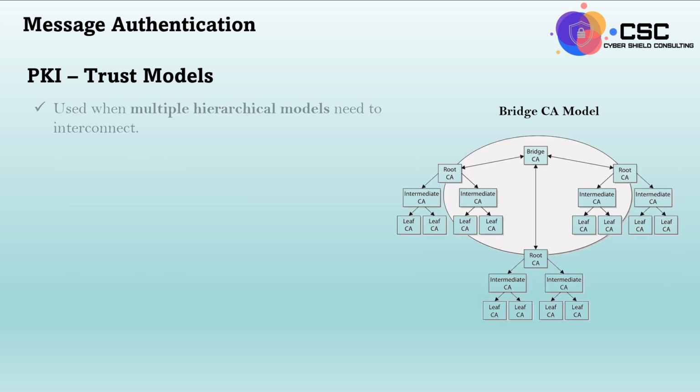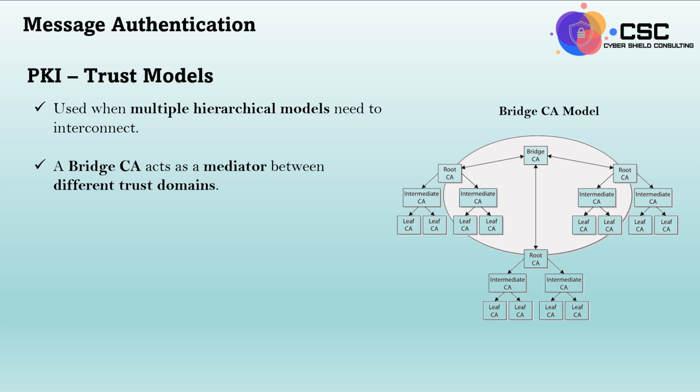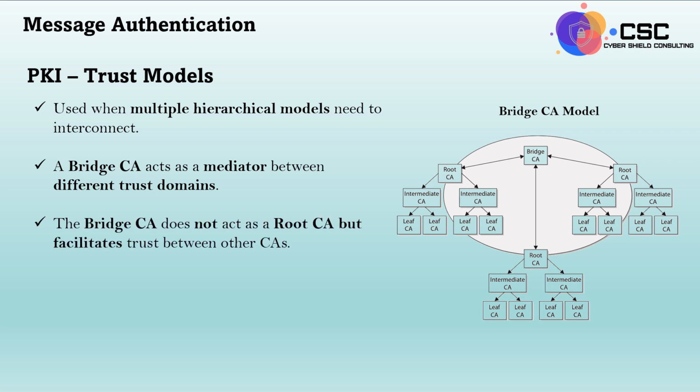To solve the challenge of interconnecting multiple trust domains, organizations use the Bridge Certificate Authority model. Here, a bridge CA acts as a mediator between separate public key infrastructures, allowing them to trust each other. However, the bridge CA is not a root CA. It does not issue certificates directly to users. Instead, it helps establish cross-certification between different organizations. This model is particularly useful in government agencies and multinational enterprises where secure communication between different public key infrastructure systems